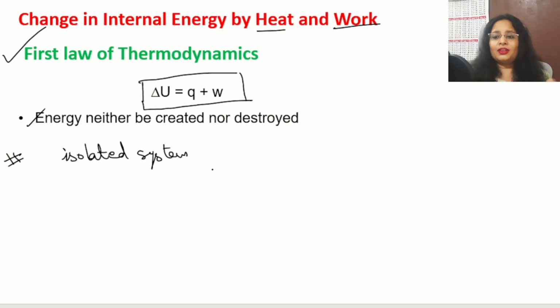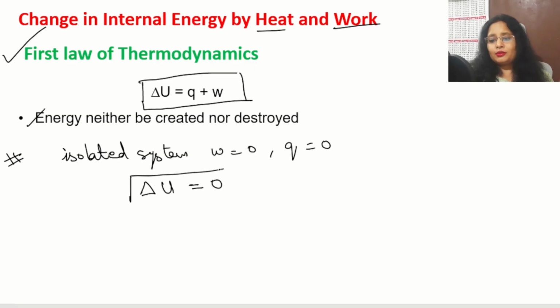So if work is equal to 0 and heat is also 0, then in that case change in internal energy will also be 0. So remember, every time when we talk about an isolated system, the change in internal energy will always remain 0, because in an isolated system there will be no work and no exchange of heat. So friends,